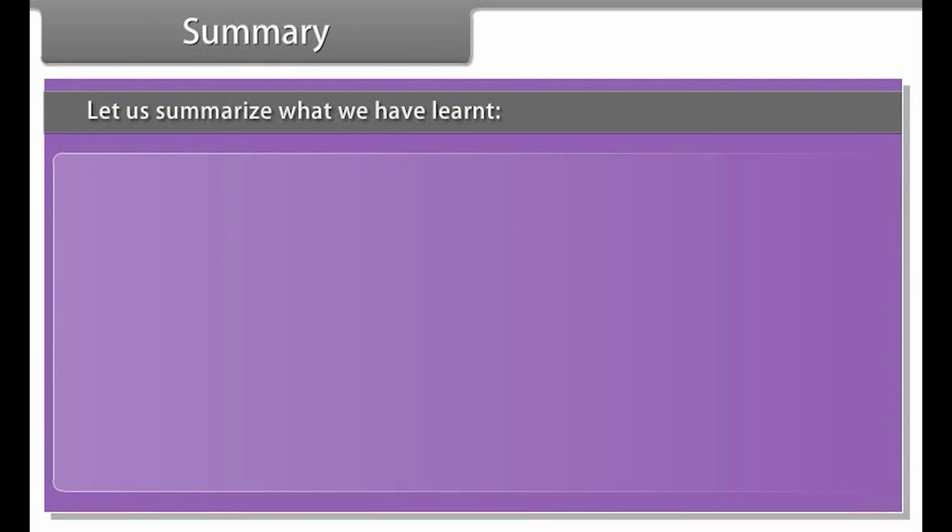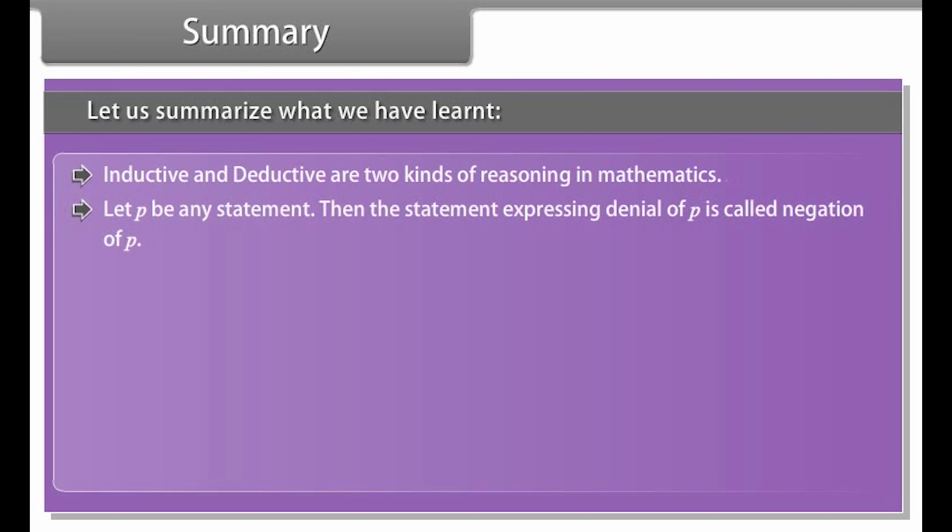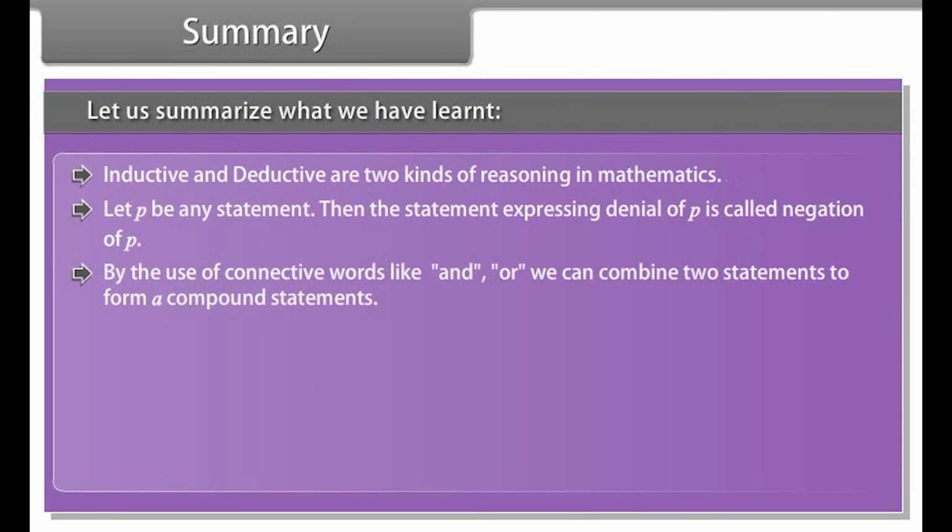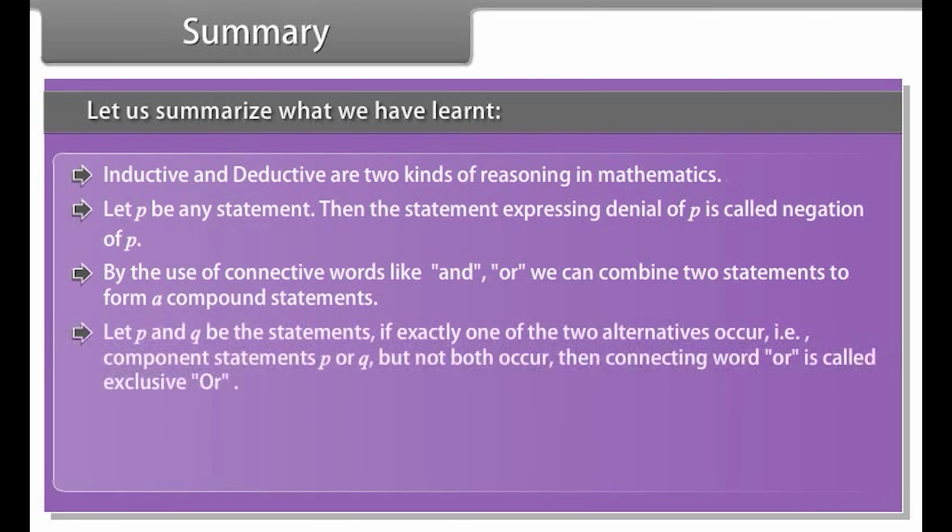Summary. Let us summarize what we have learned. Inductive and deductive are two kinds of reasoning in mathematics. Let P be any statement, then the statement expressing denial of P is called the negation of P. By the use of connective words like and, or, we can combine two statements to form a compound statement. Let P and Q be statements. If exactly one of the two alternatives occurs, that is, component statements P or Q, but not both occur,